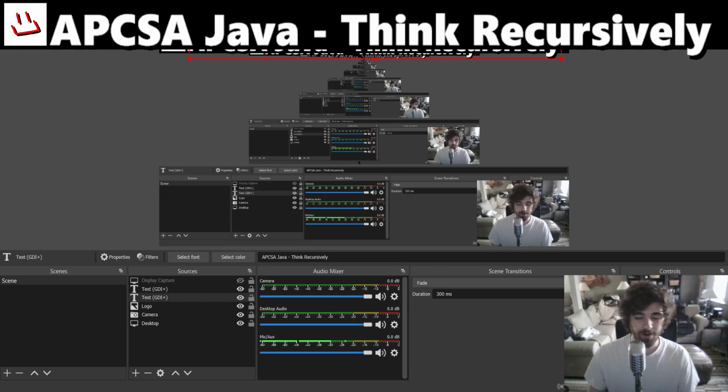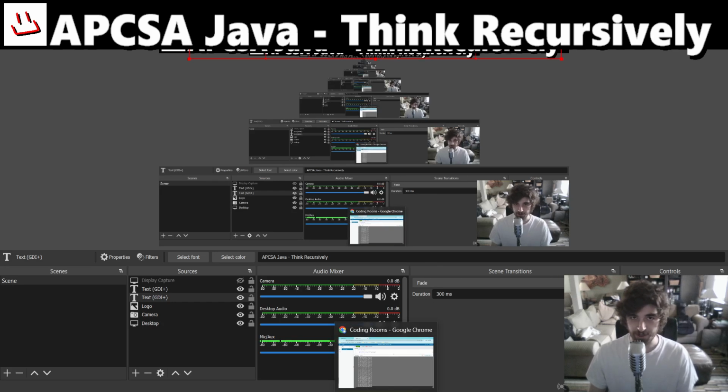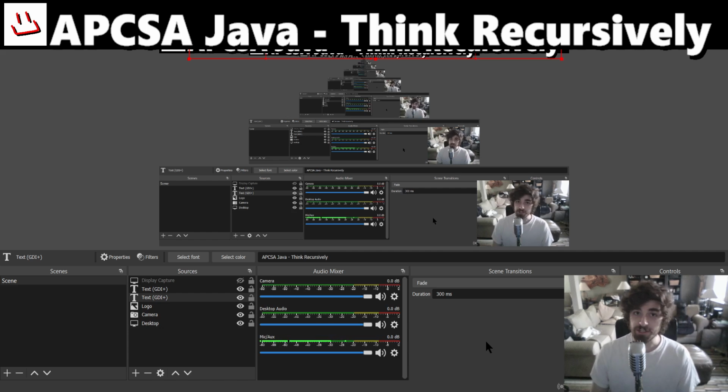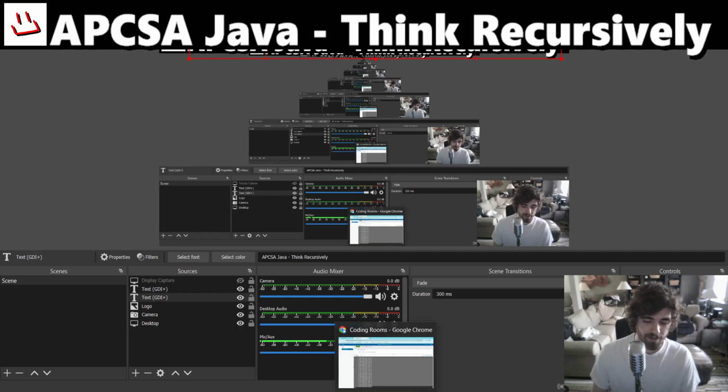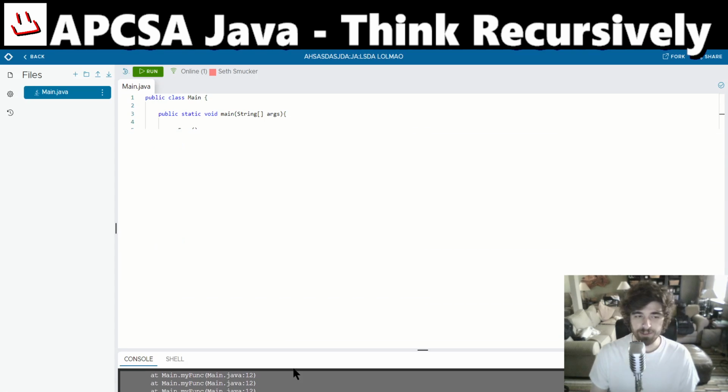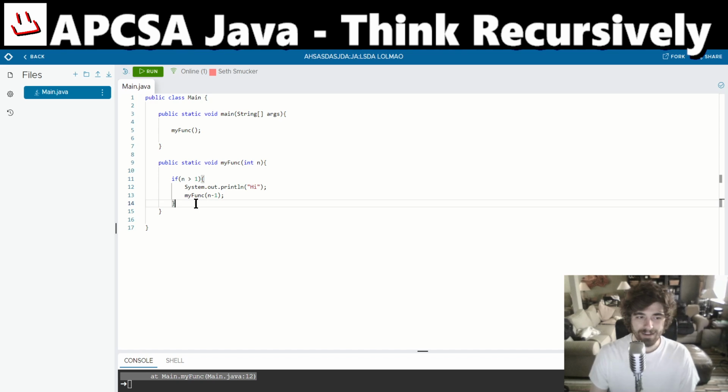Hi, so in this one we are going to focus on thinking recursively. So far when we've been programming, we've been thinking just in terms of if-else and loops and all that kind of stuff. But recursion is another tool, and it's a very weird tool. So we have to think about how we can solve problems with recursion. Now, recursion is not usually the most efficient way, but it is very simple to write, and it's very quick